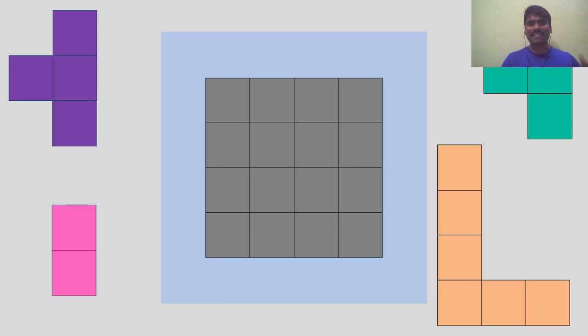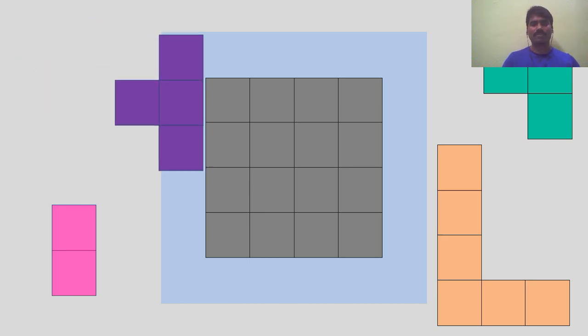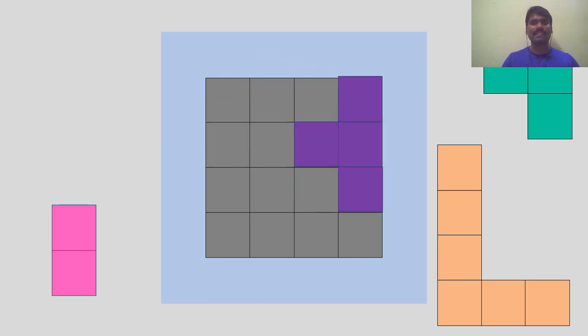Done. Another example. Okay, now look at here. Now look at here. See, however you want you can do it. So no need to follow whatever I am doing exactly here. I am just saying that one approach. Now what I am gonna do is I am gonna take the first one as usual. I am gonna take the left topmost one. Done. I exactly place it like this.